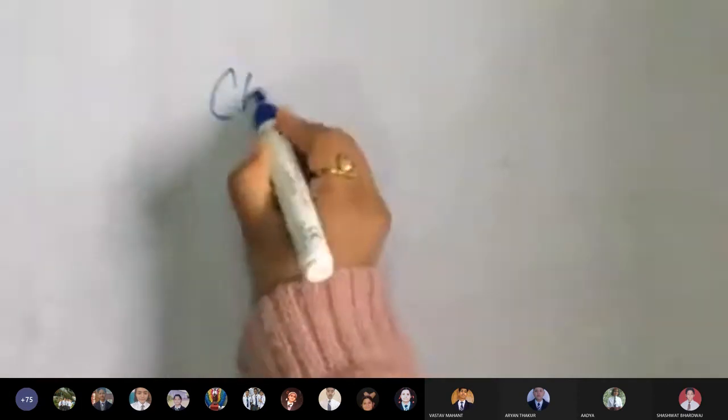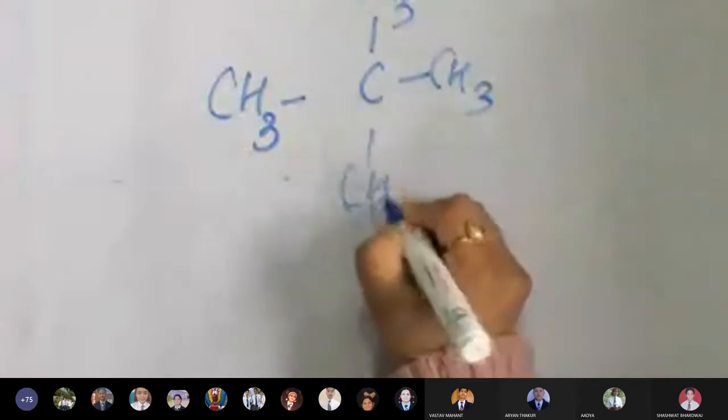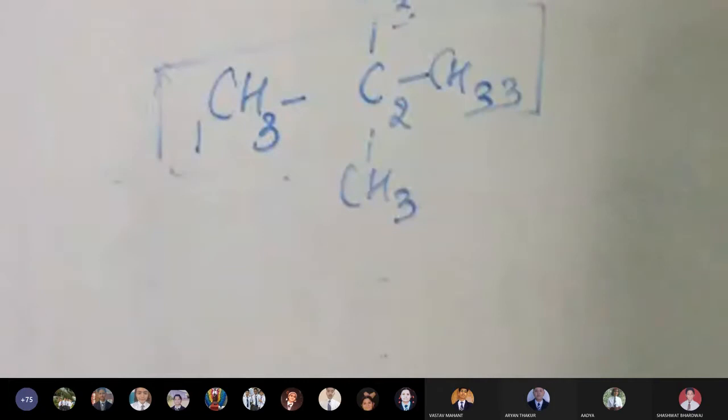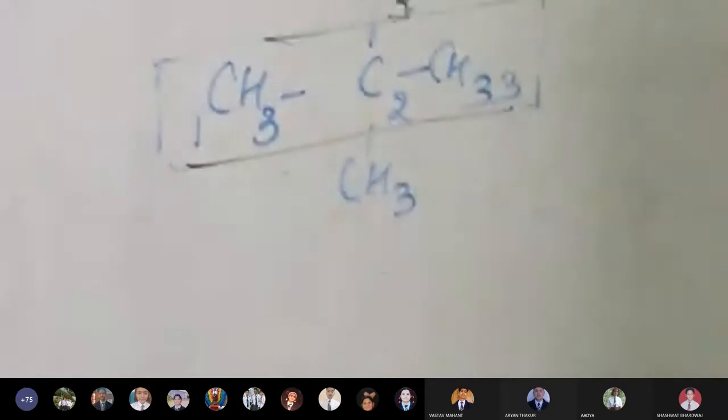I'm going to tell you the answer for part A. I'm just compiling these two things into a name. I'll write it as 1, 2, 3, marking it in a bracket. So I come to know this is my principal chain. So the CH3 above and the CH3 below become my groups. This is my principal chain. This becomes my group. Now how to name it, just understand it.